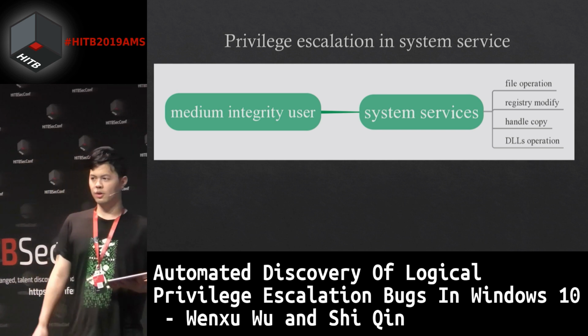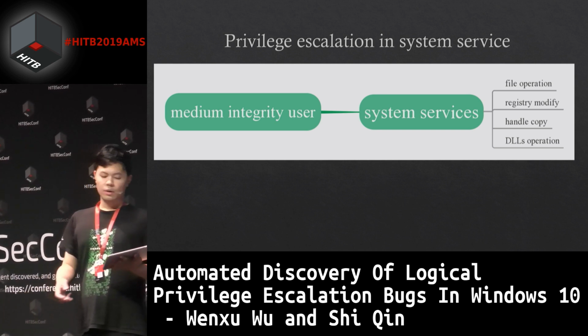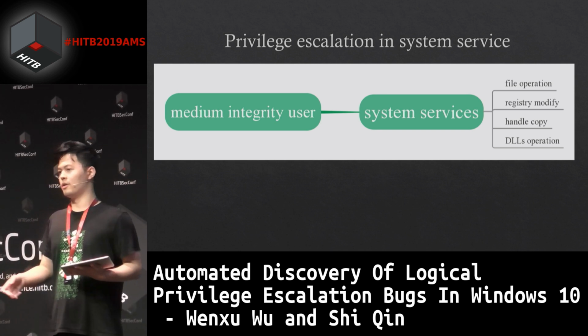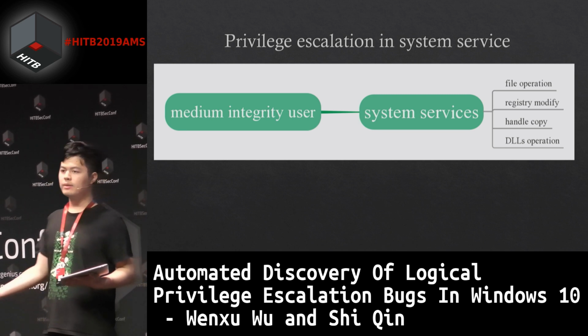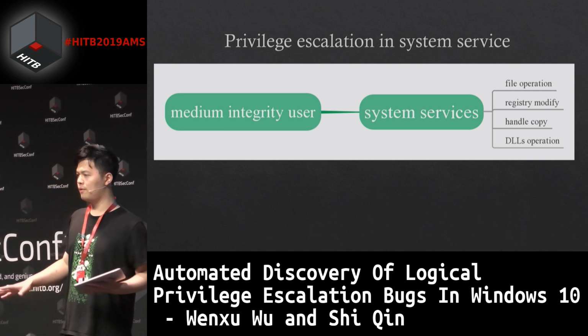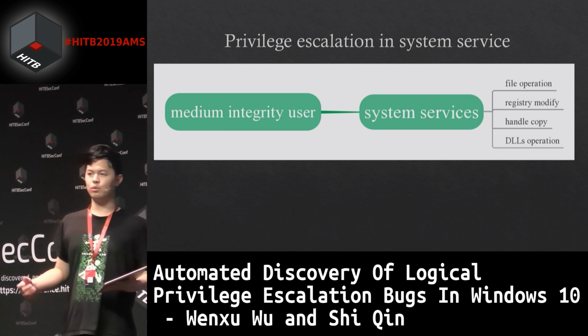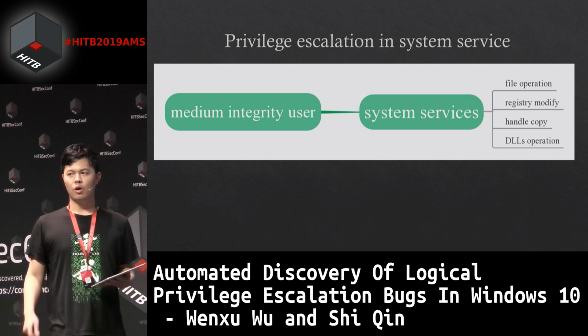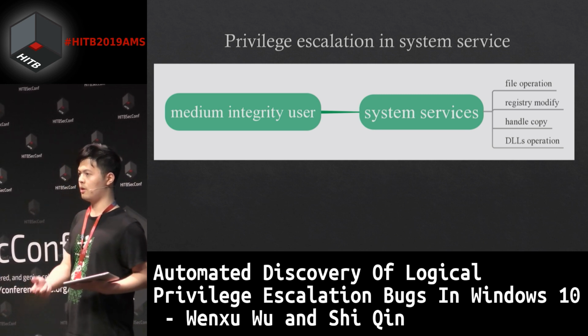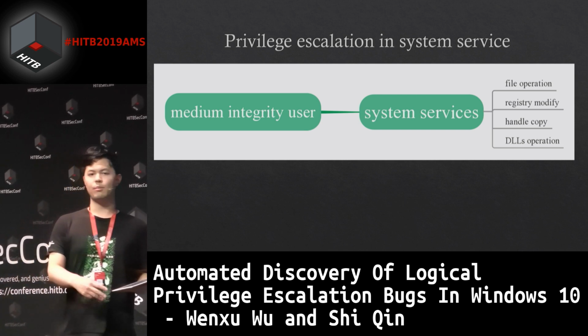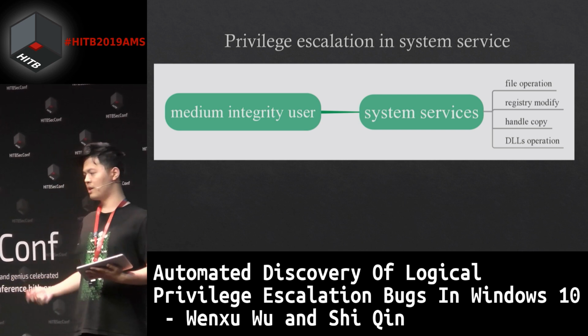So let's see the picture. The medium integrity users could communicate with the system services, and system services could do file operations and registry modifications,